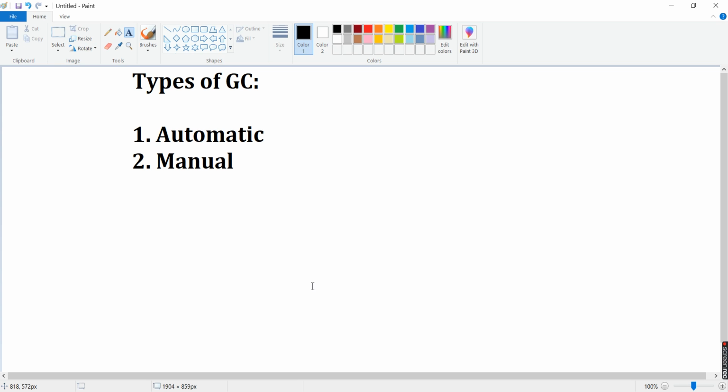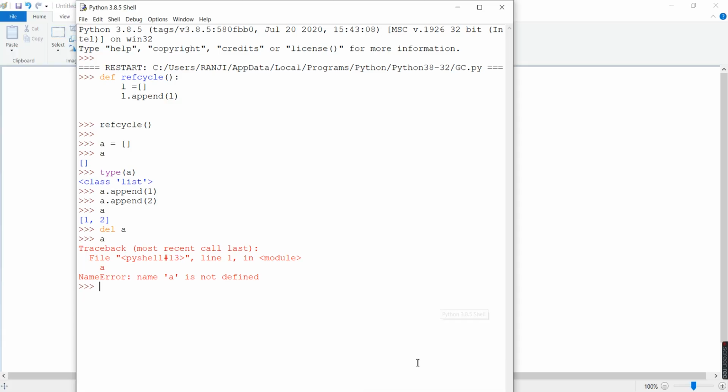But just for understanding how we do that, it is done with the help of a method of gc. So let's say I'm importing gc, and if I write gc dot, you can see the list of available methods.